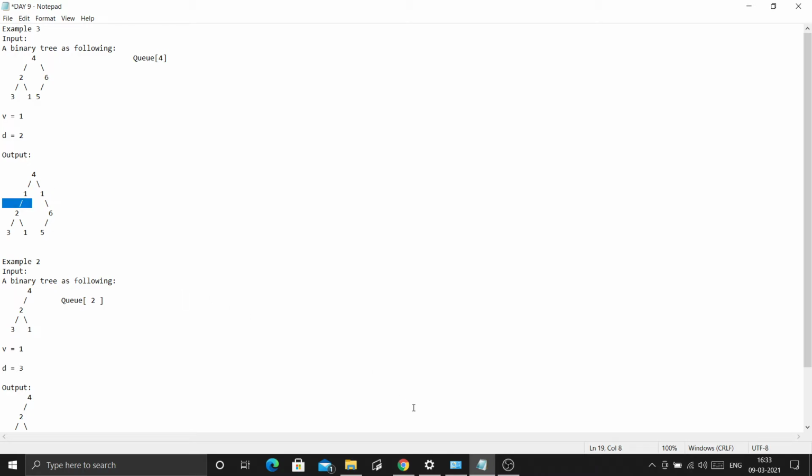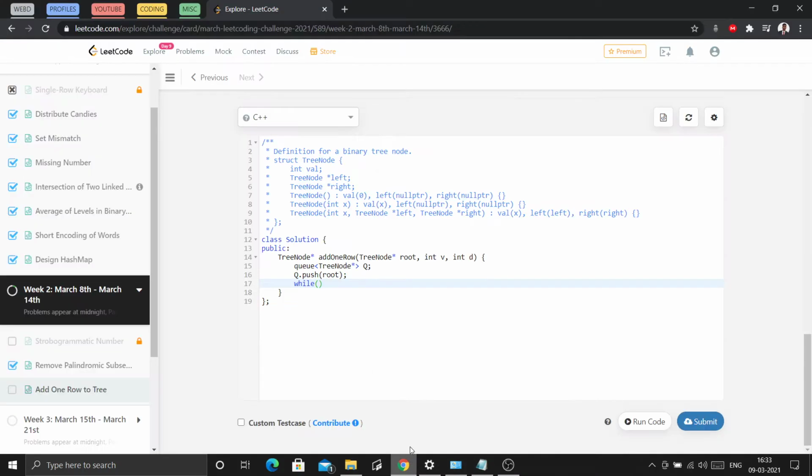Okay, so similarly we can code here. While, let's create a variable depth. Initially our depth is at 1, because we are starting from that. And I will check at which level we have to stop. So I will stop at depth d-1. Okay, this is the stopping point.